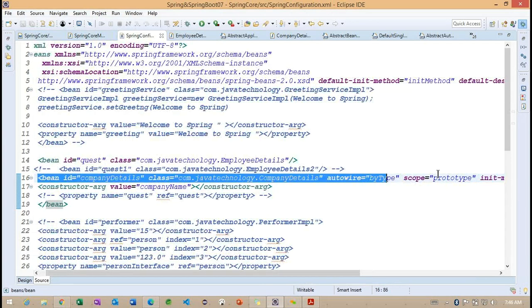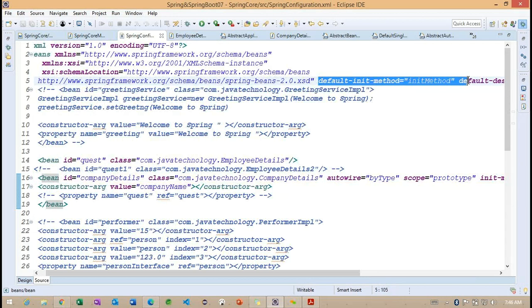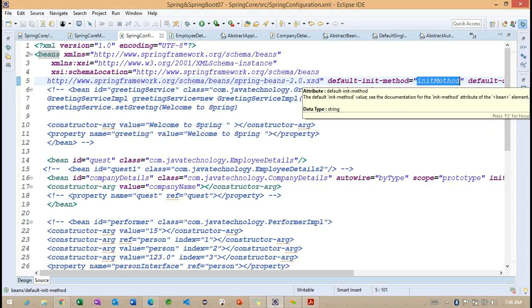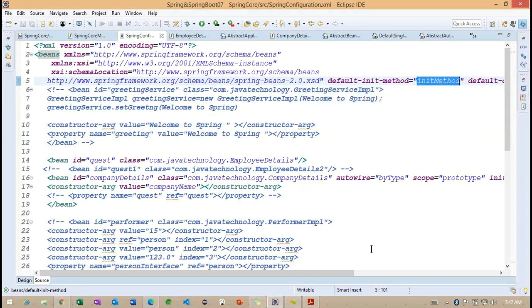But whenever we write the default init method, it is applicable to all the beans. You can write any number of bean tags, no problem. This init method is going to be called before creating all the beans.